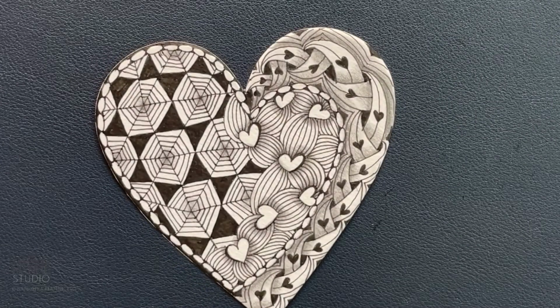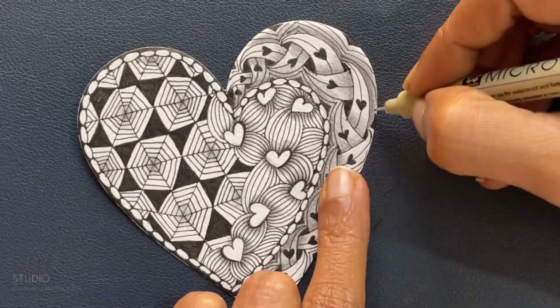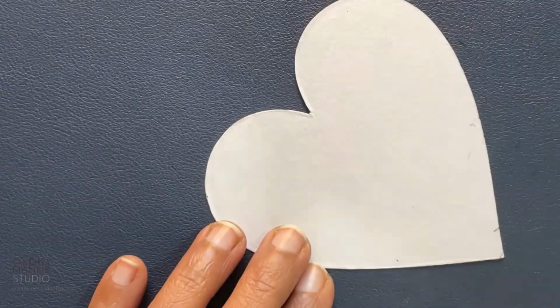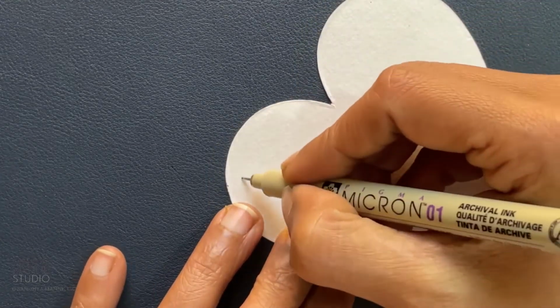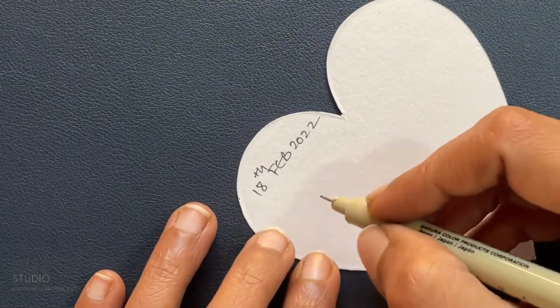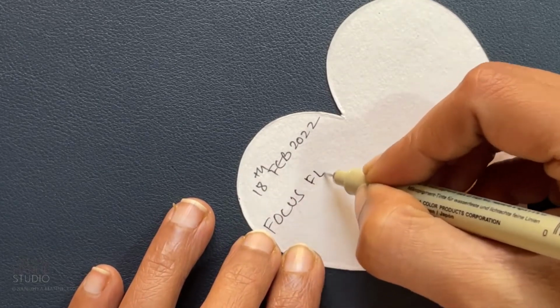Now I'm going to put my initials on, and let's journal this. I'll put my initials somewhere here. So let's journal this. Today's date is 18th of Feb 2022, and okay, so this is the focus flight series,